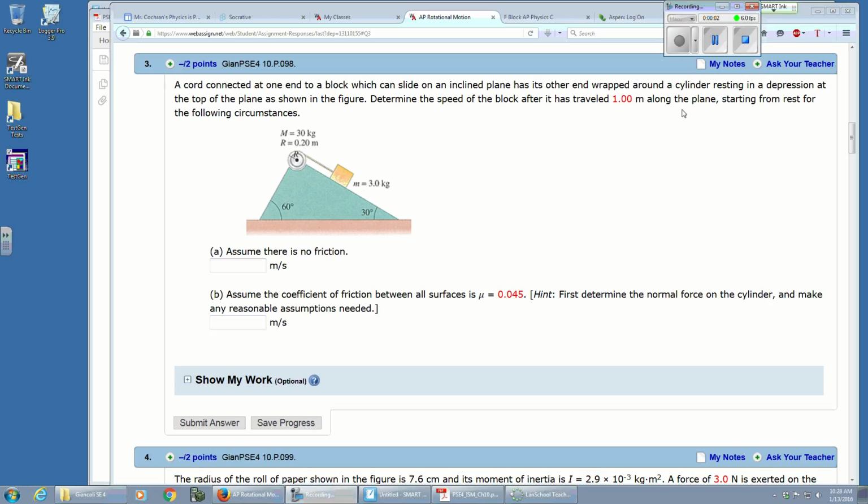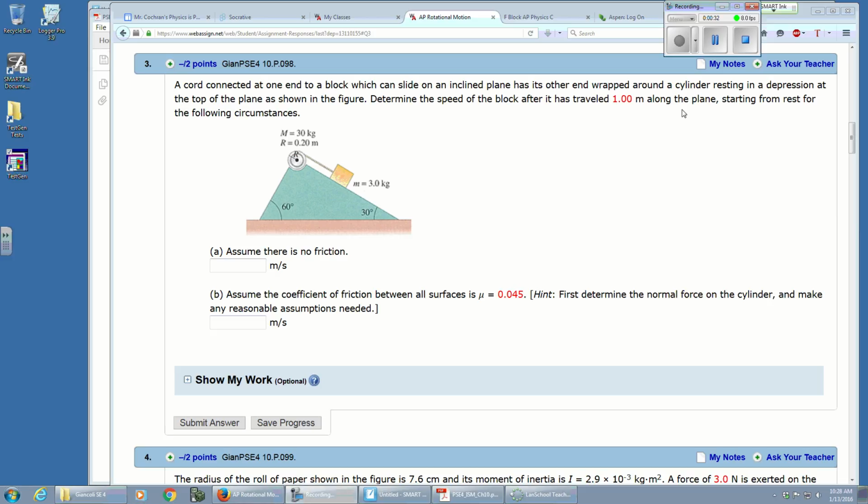3. A cord connected to one end of a block sliding on an inclined plane, with the other end wrapped around a cylinder resting on a pivot at the top of the plane, is shown. Determine the speed of the block after it has traveled 1 meter along the plane, starting from rest, in the following circumstances. So your best approach here is the idea of conservation of energy, mechanical energy, in the first